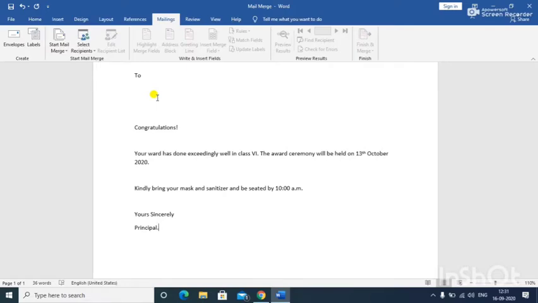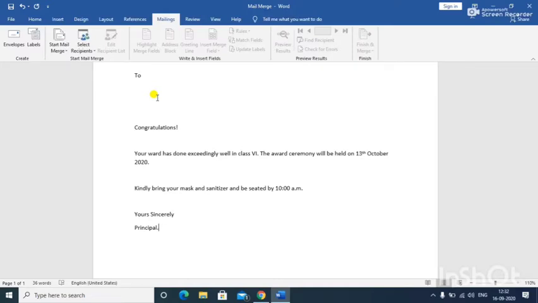So the three main stages of the mail merge process are creating the data source, creating the main document and the mail merge. First you have to create the data source. What is a data source? A data source contains the information that will vary or differ. For example, invitation letters would contain the recipient's information: names, address and phone number.